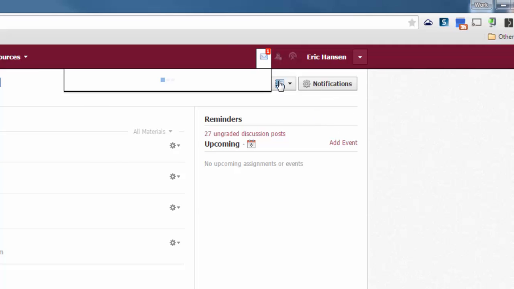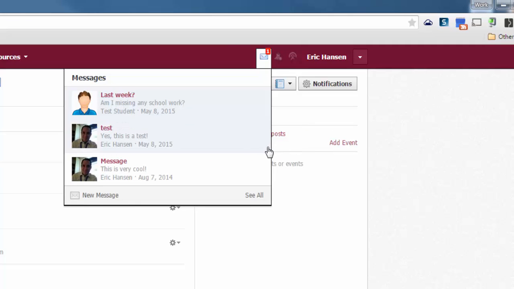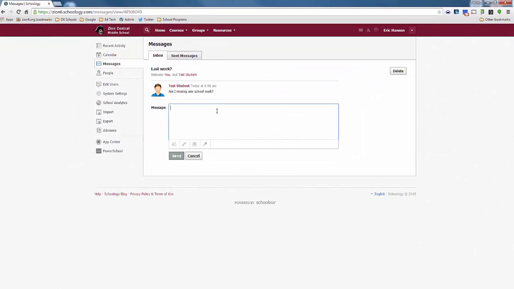By clicking on that envelope, it should let you know who has sent you any sort of message and give you the ability to respond. So, for instance, this student says last week, "Am I missing any schoolwork?" So, as a student or as a teacher, you should have the ability to say, "No, you are up to date